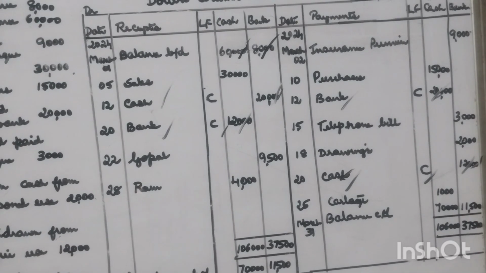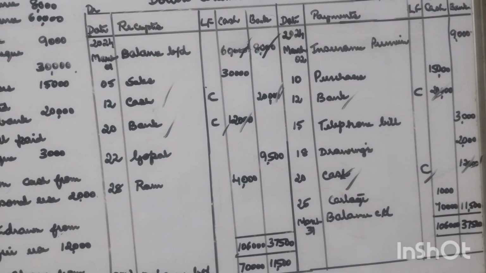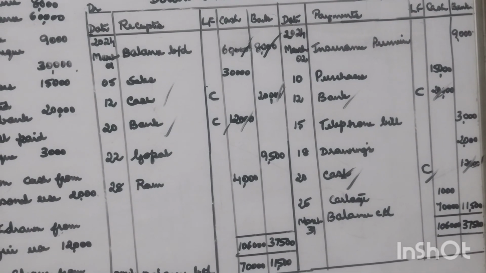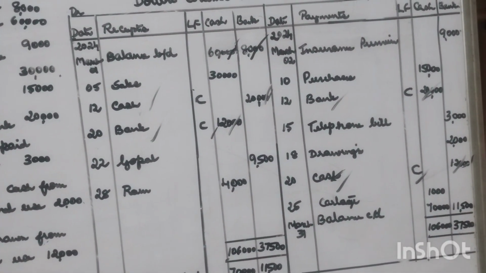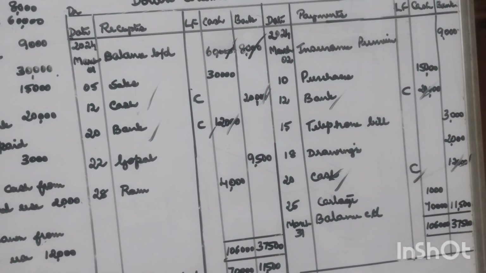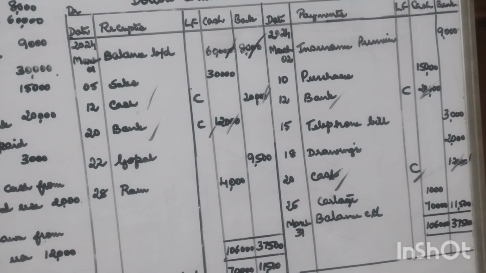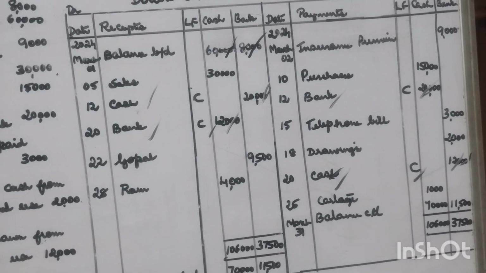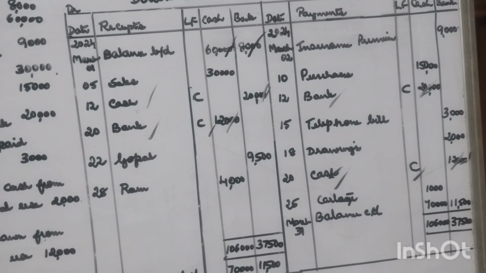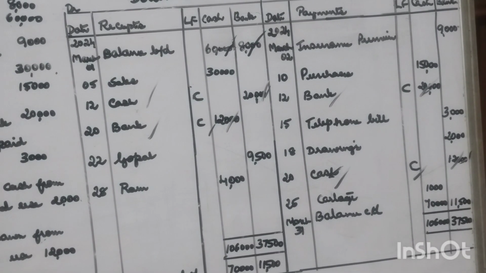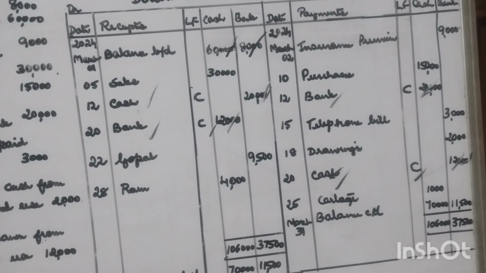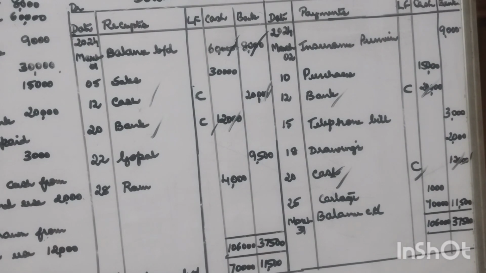Then again, under debit side, the bank column has to be totaled. So the total of the bank column will be 37,500. Write the same total under credit side as 37,500. From 37,500, as we deduct 9,000, 3,000, 2,000, 12,000, we get a closing balance of 11,500. So that has to be recorded as balance carried down, and it must be found at the end of that month,